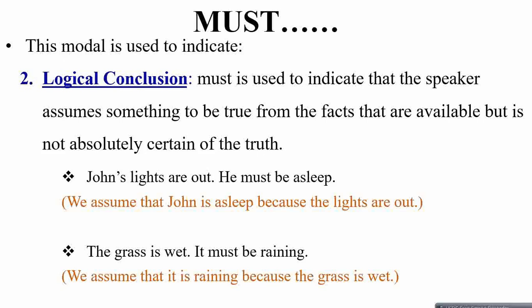हम इसके एग्जाम्पल देख लेते हैं. John's lights are out, he must be asleep. सो अब कमरे की लाइट बंद है तो मोर लाइकली द पर्सन is supposed to be sleeping, सो वी अज्यूम दैट जॉन इज स्लीपिंग बिकॉज द लाइट्स आर आउट. Example number 2 says the grass is wet, it must be raining. So regardless, the grass can be wet for any other reason, but since it is wet, we assume that it's raining because the grass is wet. So this was all about the